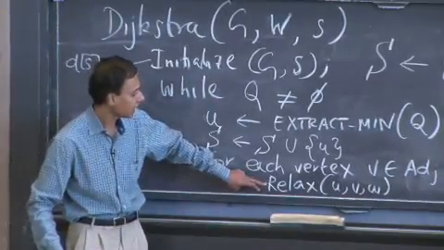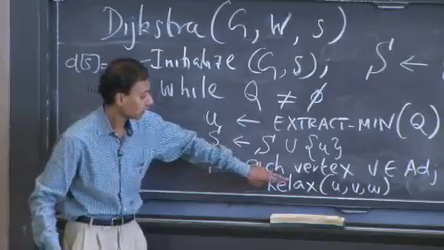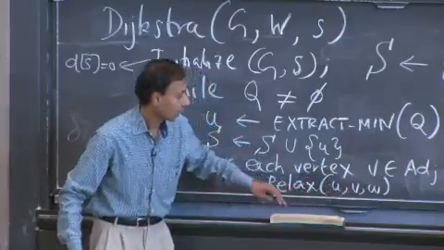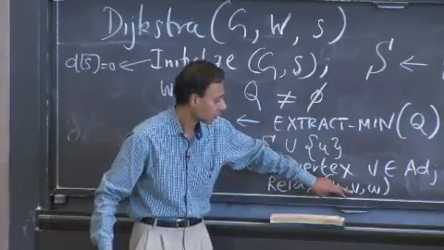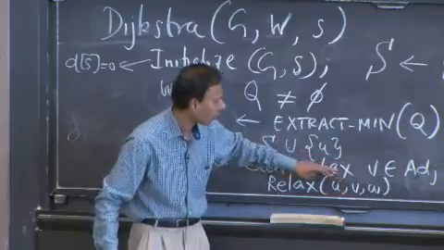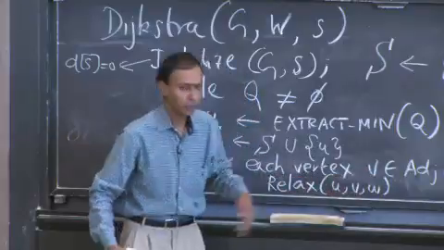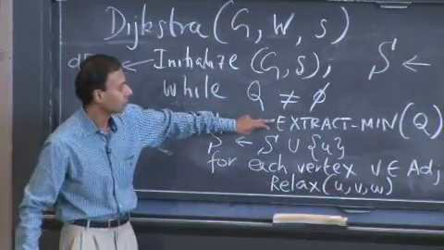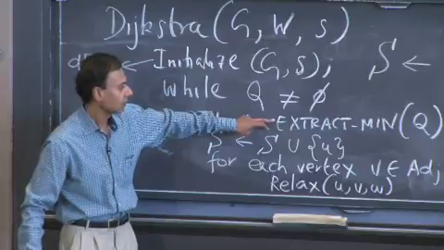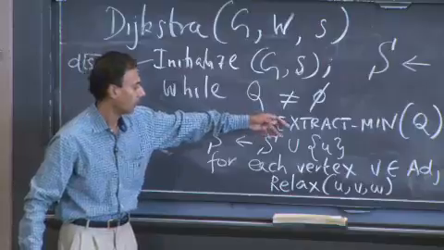because relax is going to change the d values, as we know, corresponding to the vertex v. It might change the value. It might not, but there's a possibility that it would. And you're going to do this for all of the edges that are emanating out of the vertex u, and so you may be changing a bunch of different priority values. So the next time around, you will get a different minimum priority vertex, and for two reasons.